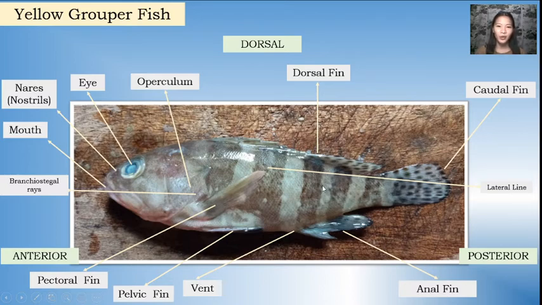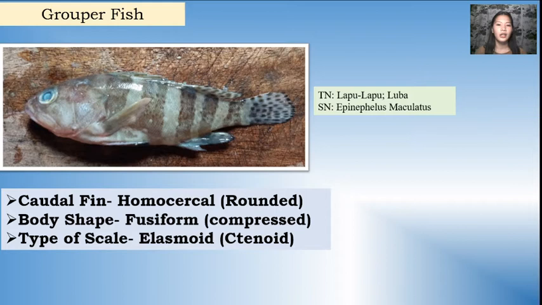Kaya hindi ko masyadong, or hindi ganun ka-visible, hindi ganun kadali na ma-identify what type of scale it is, if it is ctenoid or cycloid. So, kinuha ko lang yung data sa fishbase.org. So, grouper fish, ang kanyang Tagalog name is lapu-lapu or luba, and scientific name niya is